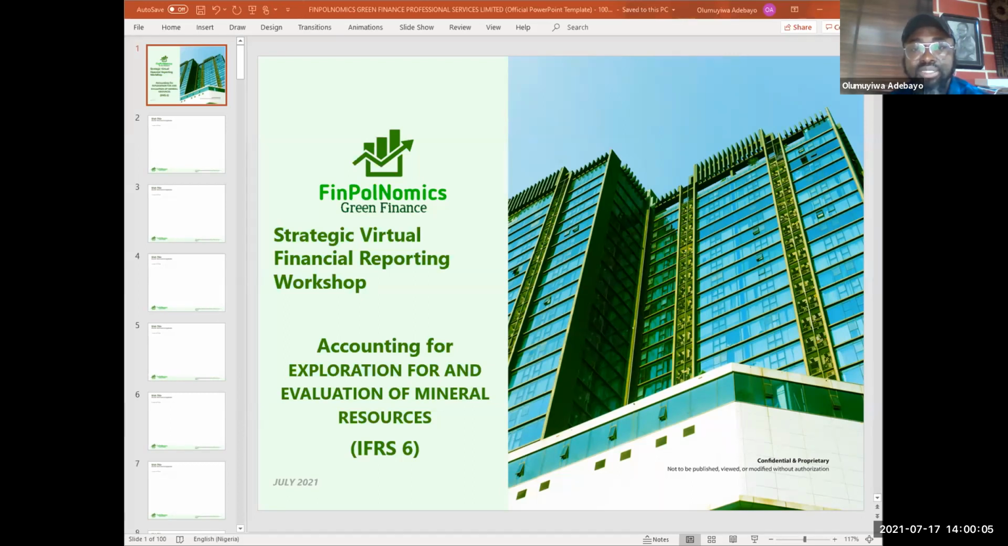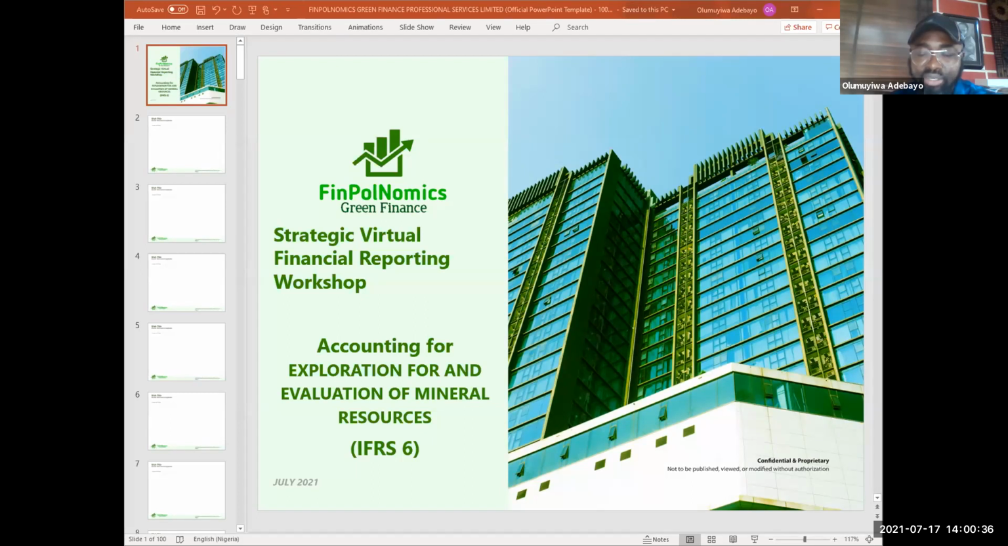Finally, the standard provides an objective for disclosure regarding the identity and the amounts involved within the financial statements of an entity that is involved in exploration and evaluation of mineral resources, so that it helps users of financial reports understand the amount, the timing, and the certainty of cash flows incidental to such exploration and evaluation activities. Okay,